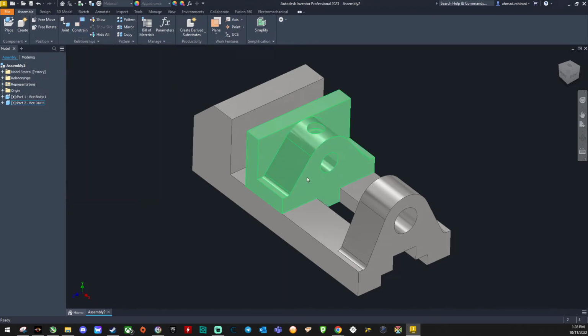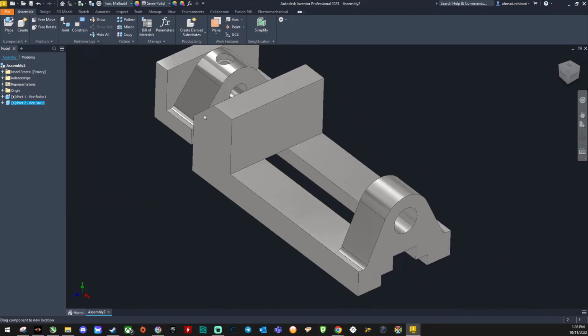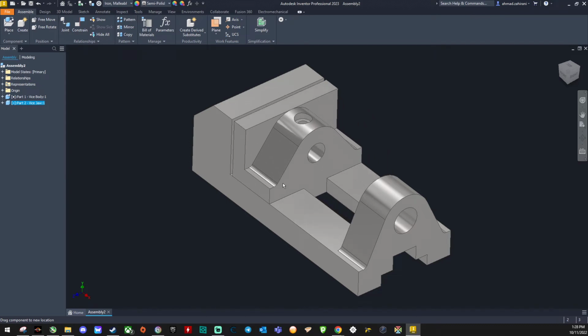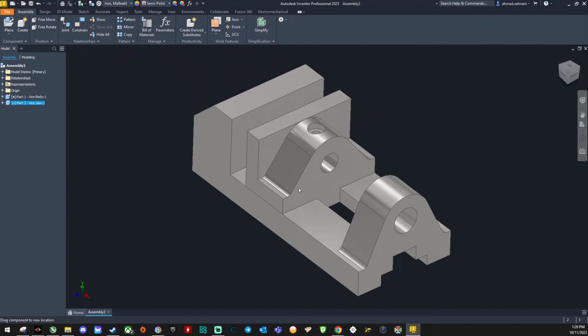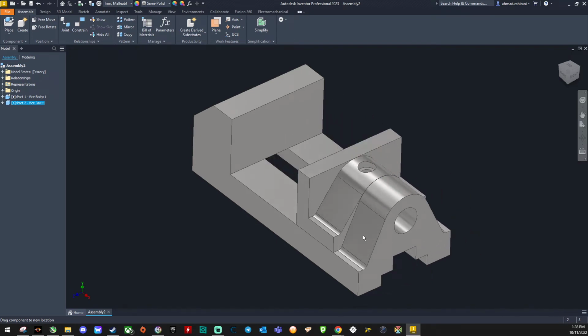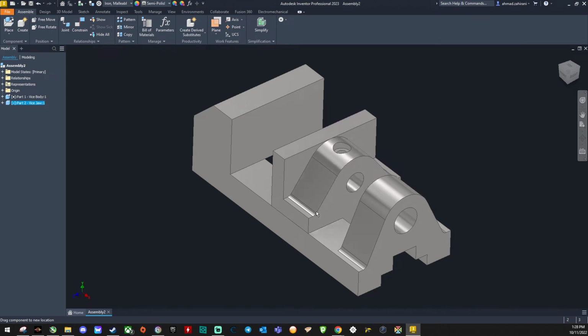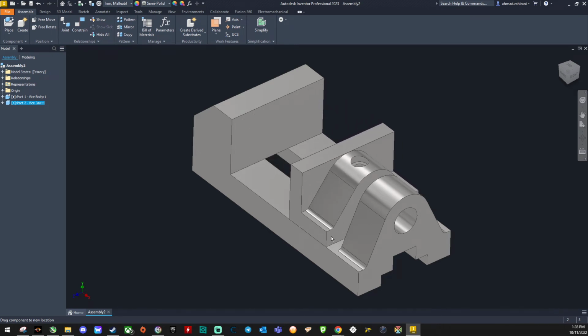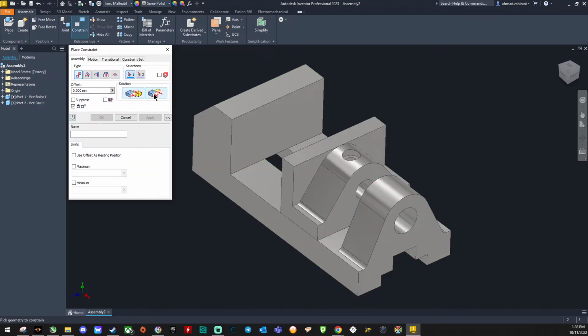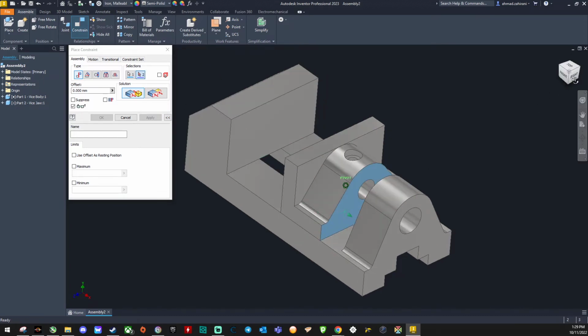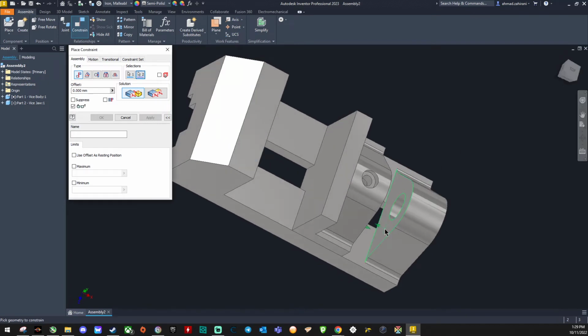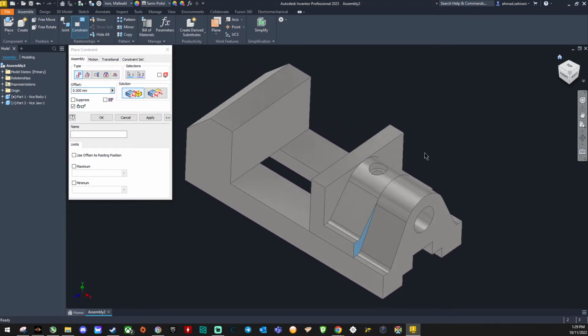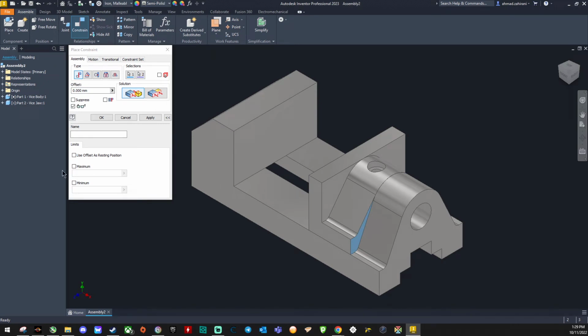Now we want to check whether or not the component has been placed accurately. So far it is good, but you can see that this vice jaw can move uninterrupted along all of these axes. So we need to put in a constraint so that the vice jaw only moves a specific distance. Go back to constraint and then go back to mate, select this area and then this area. You can see now it is joined closely, and then